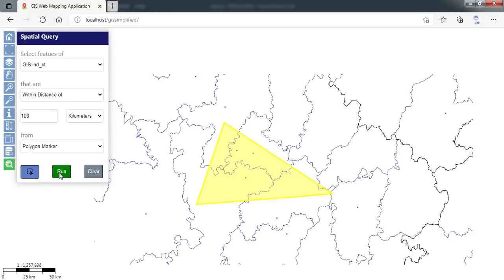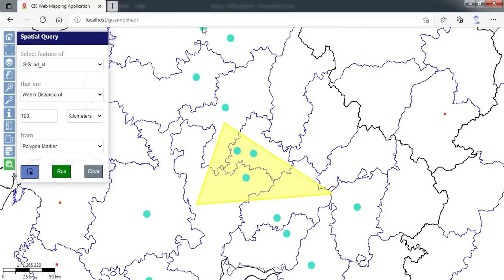There are multiple cities which are selected on the map, and the map will zoom out to the extent to fit all the selected elements. So this is how we are able to fire a spatial query, and the criteria is within distance.